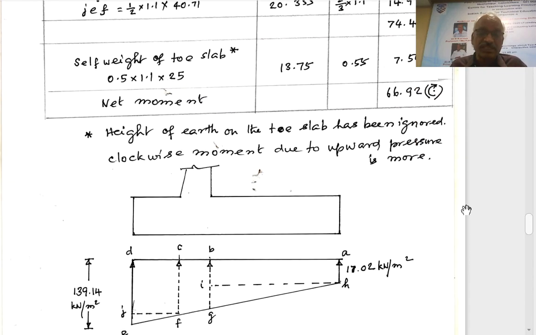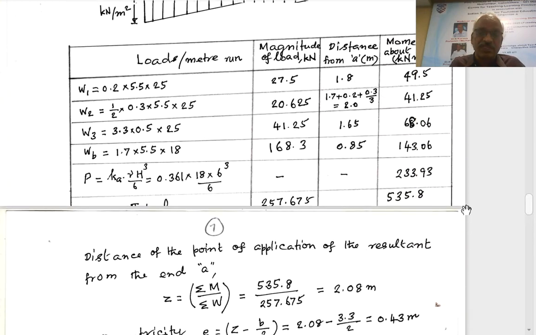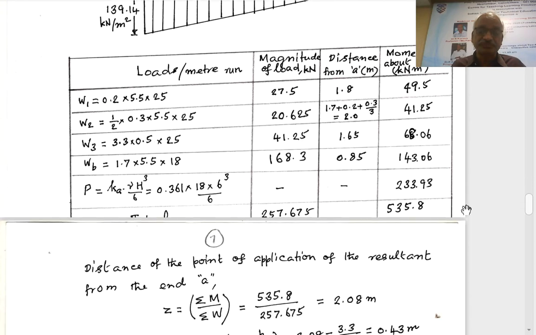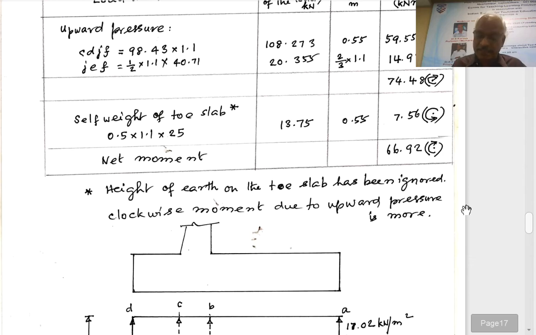Now, this is an upward pressure, as we already know. Just now we have discussed. This is the upward pressure. This diagram we are considering there, right? Upward soil pressure, right? Right. Now,